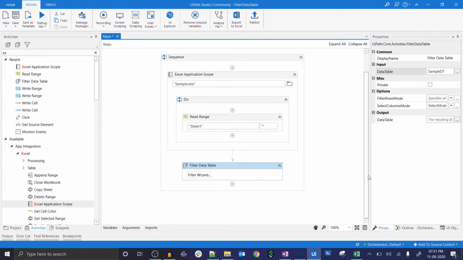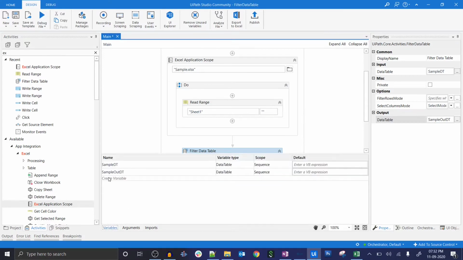Since this activity's return type is data table, after filtering, in which data table do we want to return the data? So Ctrl+K, out, sample out DT.